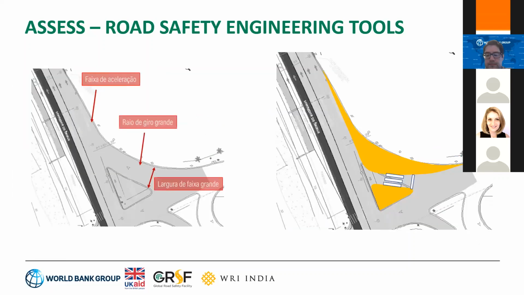We're also looking at the adjoining and the feeder roads that get into that end in the Aricanduva Avenue corridor, and looking at the speeds in which vehicles are allowed to turn, for example. And here we have a very wide lane with a very large turning lane, a very large radius for the turning lane. And we're proposing here to reduce that in order to manage speeds and reduce speeds of turning vehicles,